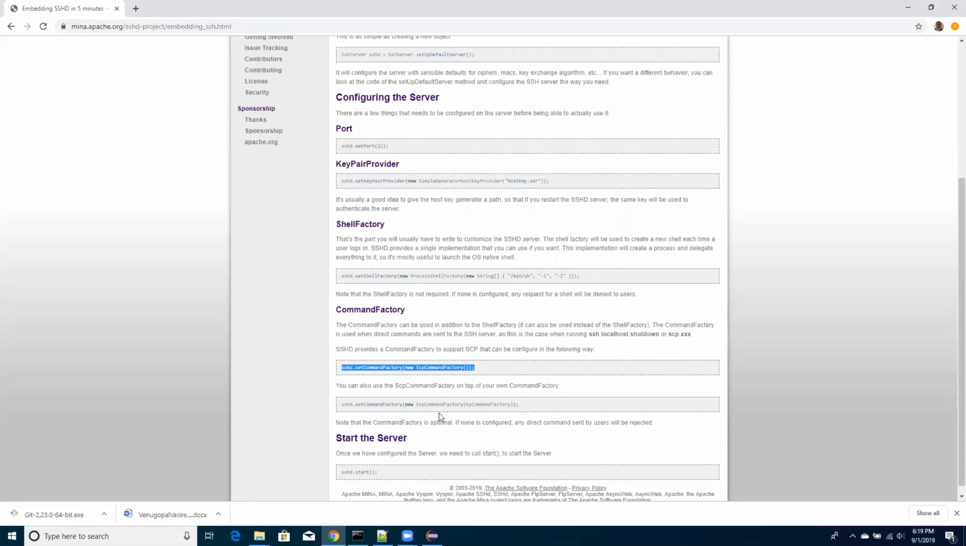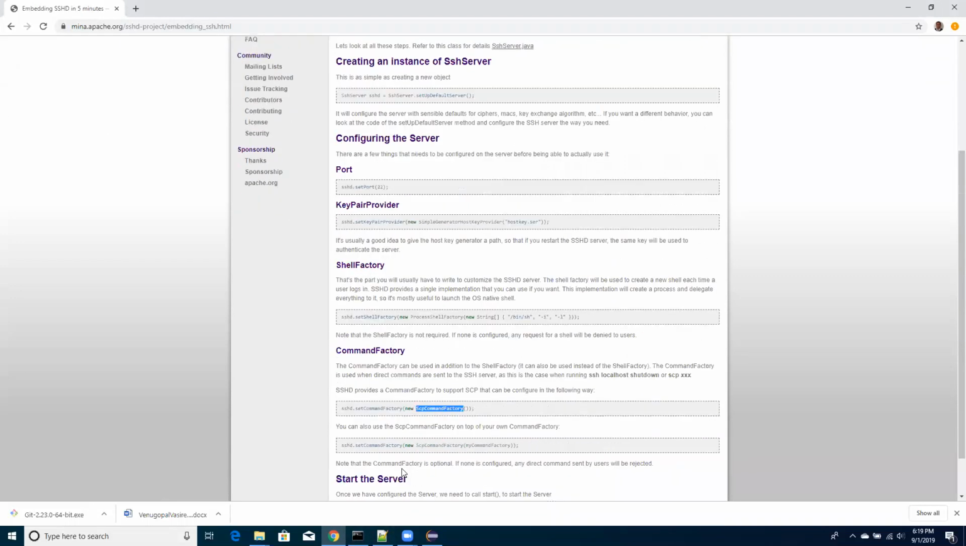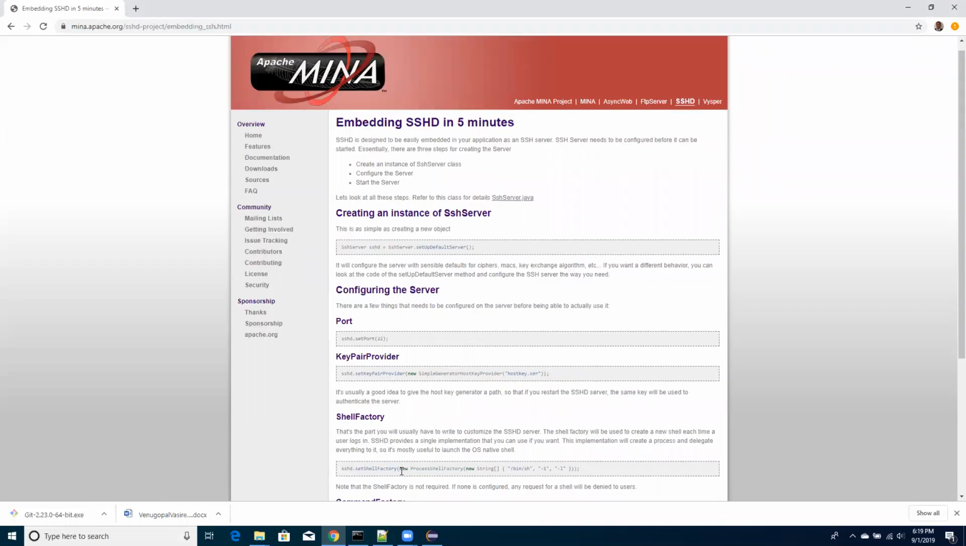Next one is set command factory. SCP command factory or my command factory. You can also use the SCP command factory on top of your command factory. So this we can skip. We just need the basic SCP command factory. Then start the server. So this much is okay to start with, but in real life you need so many